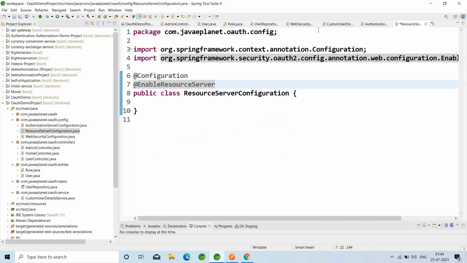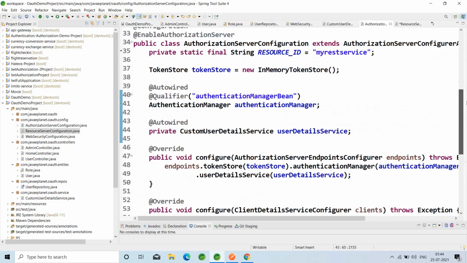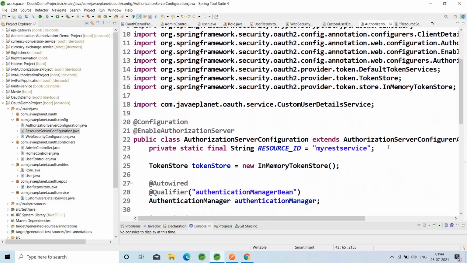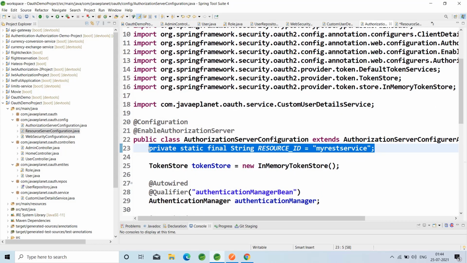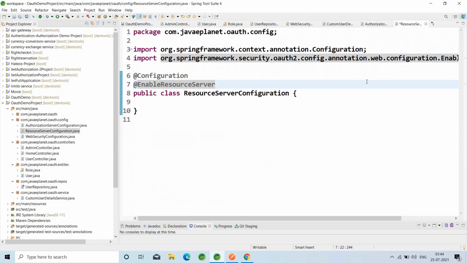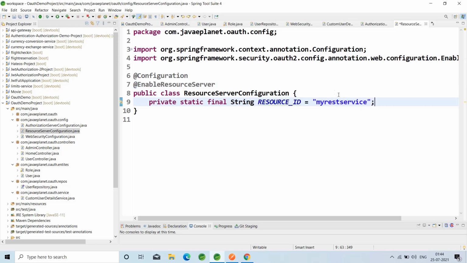In order to map the resource server configuration and authorization server configuration, we will copy this. In order to connect these two classes, in order to communicate the resource server configuration with the authorization server configuration, let me copy this and override the two methods.